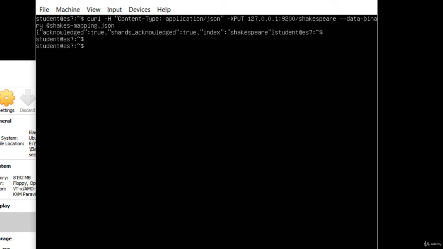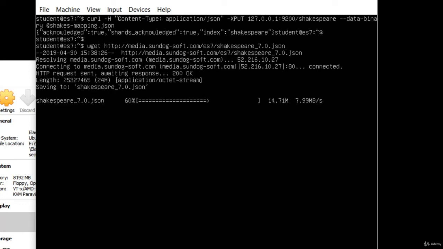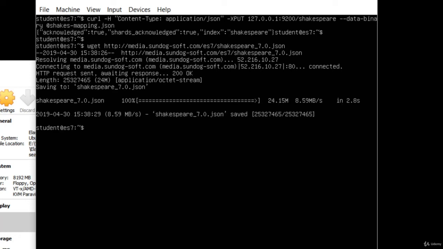about to get. Let's go ahead and download the actual works of William Shakespeare with wget http://media.sundog-soft.com/es7/shakespeare_7.0.json. And that's everything Shakespeare has ever written in JSON format. Let's go ahead and submit that to our index: curl -H "Content-Type: application/json"